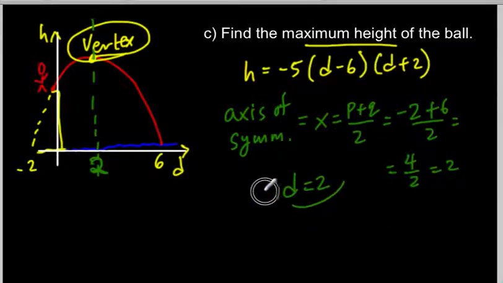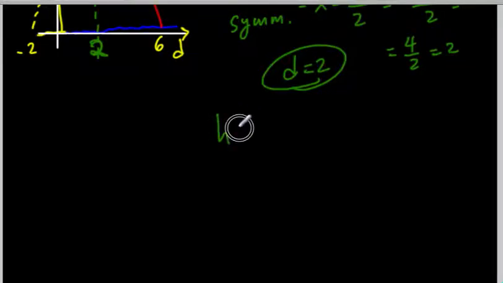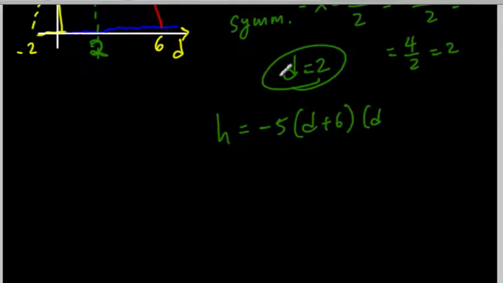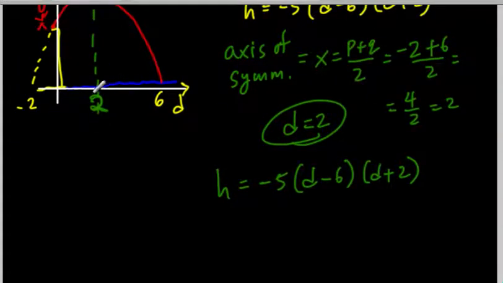So what I need to do now is take this value and plug it in here to figure out what the height will be. So h is equal to negative 5 (d plus 6)... oh sorry, it's not d plus 6, it's d minus 6. So it's (d minus 6)(d plus 2). And what we're going to do is plug in this d equals 2 right into here. In other words, we're going to plug in the value of our axis of symmetry